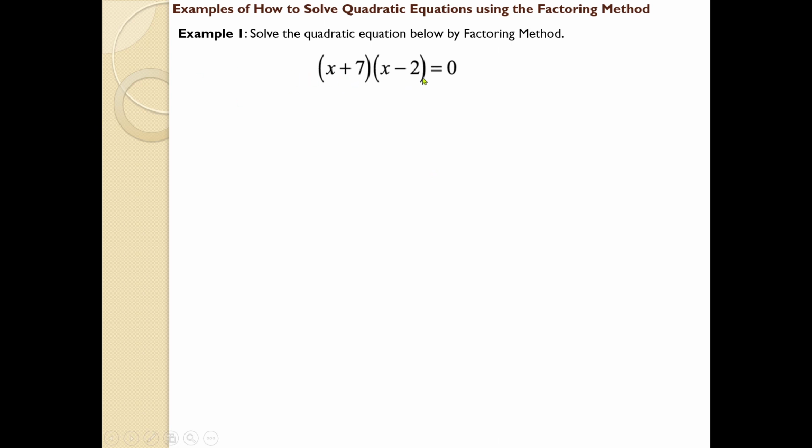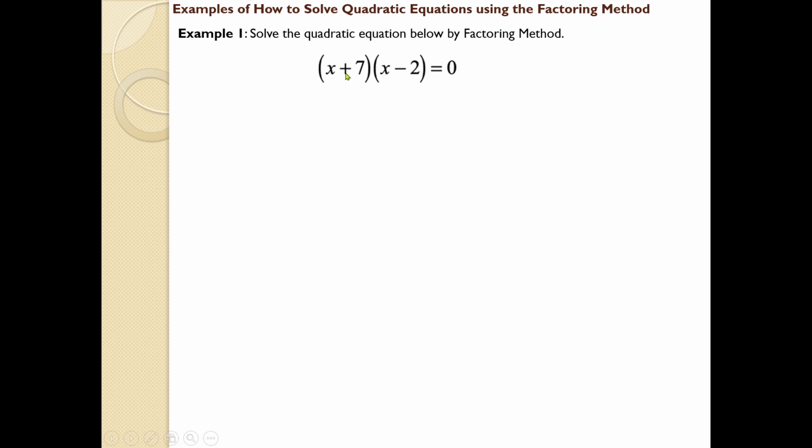x plus 7 and x minus 2. Usually in the question they will not give it like this, because it is actually easy to find the answer to this particular question. Usually you will get a question like ax square plus bx plus c equal to 0. That will be the typical pattern of a quadratic equation. You have to solve that equation and bring it to a factor form. Factor form means like this. Anyway, we will discuss that part.